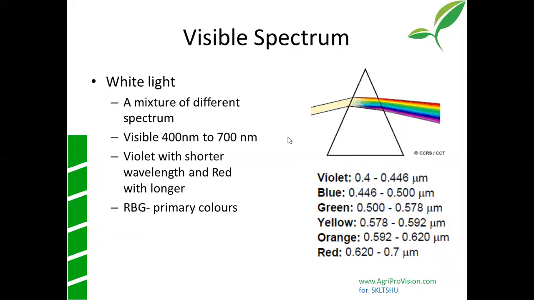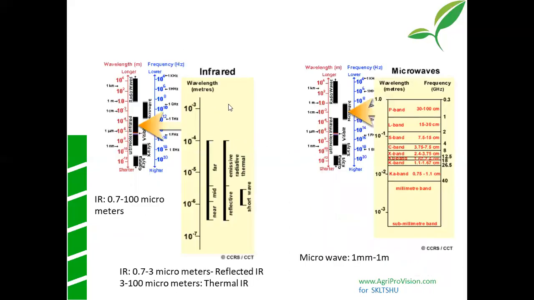As I said, your visible spectrum is right here, and anything beyond is your infrared, then comes microwave, and then radio waves. It depends on what kind of bands you have and how many centimeters. This is for your reference only, to understand whether we are looking at near infrared, mid infrared, or far infrared radiation.